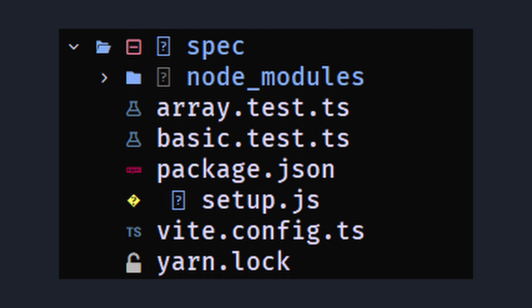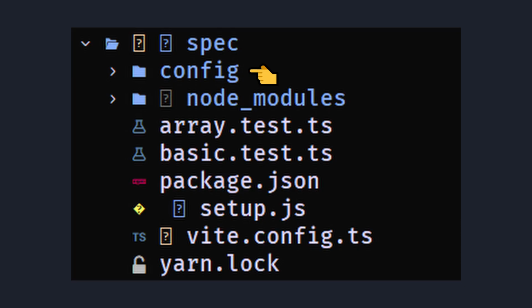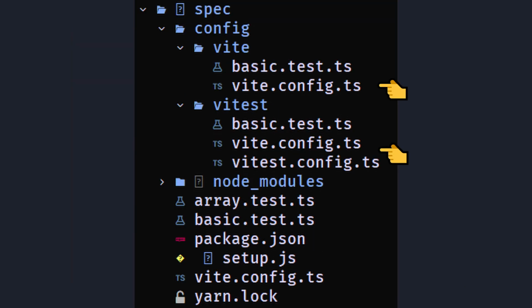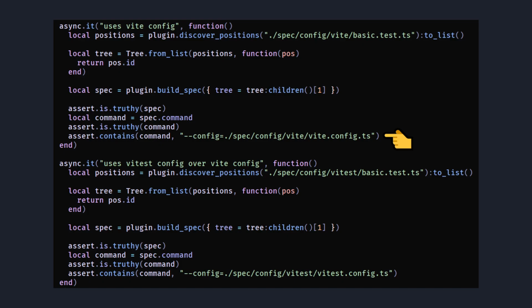These tests were run against the example project that we had tried out earlier, but I didn't want to completely clutter this example project. So I created a config directory within the example project, which contained a bunch of different subfolders with different vt and vtest config setups. With that, I was able to write a couple tests that made sure the vt config file got picked up, the vtest config file got picked up, and that the vtest config file had precedence over the vt config file. I was able to use these changes in the example project for manual testing too, which at this point didn't really matter, but it was nice to make sure it really worked just as a sanity check.